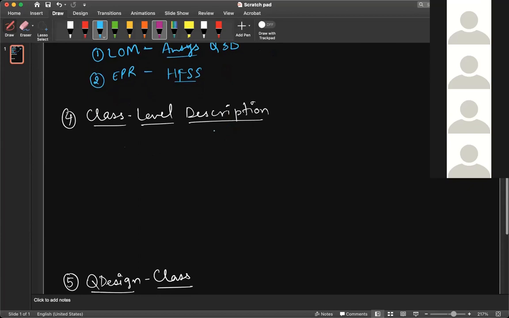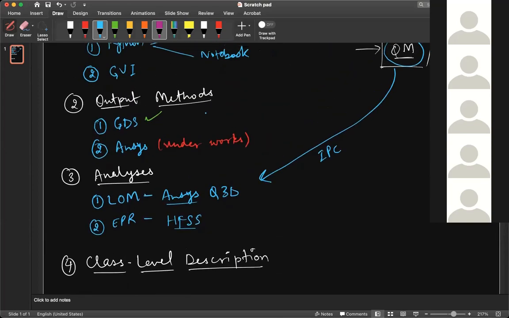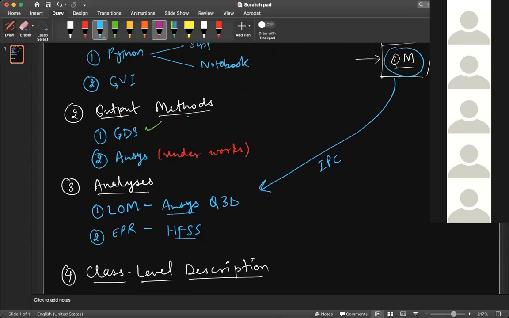Sorry to interrupt, but could you go a bit up? The GDS part, is it something like the Gerber file that we have for PCBs? For 3D printing and all, you have those Gerber files, right? Yeah, 3D printing and PCB design, they use almost similar formats.